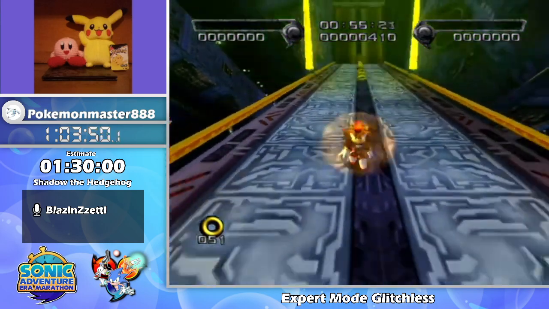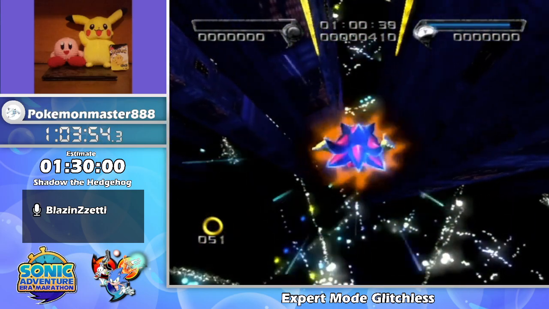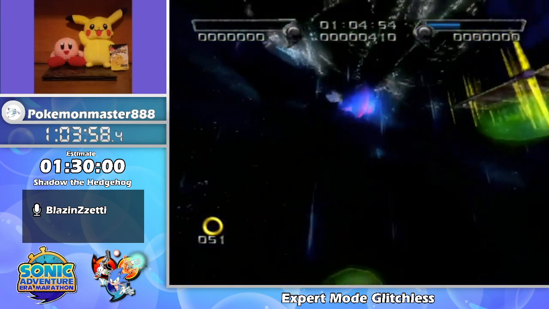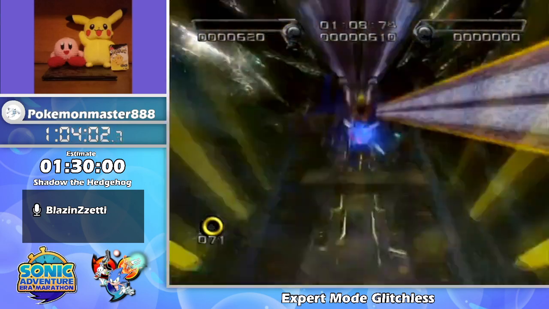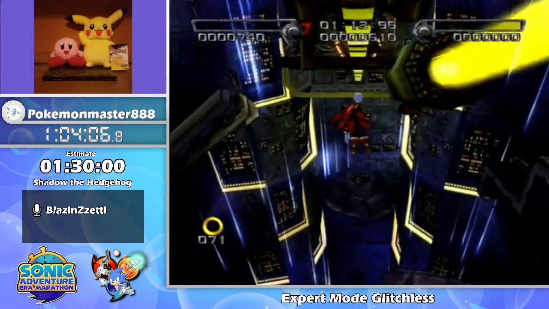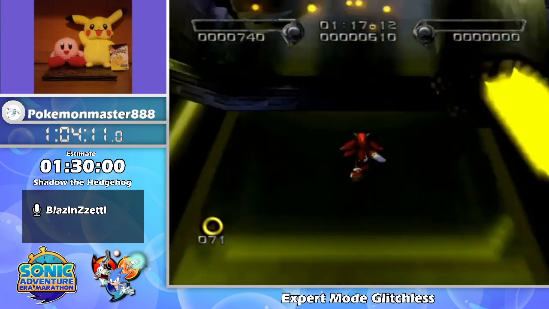So, running through that cinematic looking section. Coming up here is going to be an interesting trick. There's a chaos orb right behind us, and I expect that they plan on you getting that orb after you flip the gravity, but because we're able to do that little maneuver, we can actually jump over,